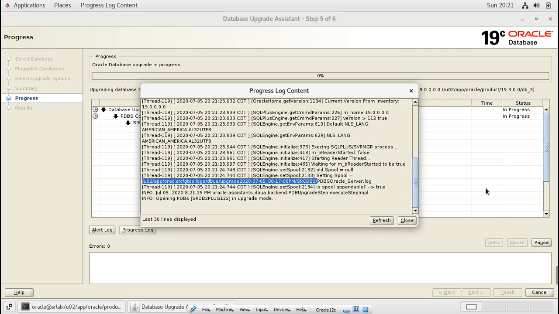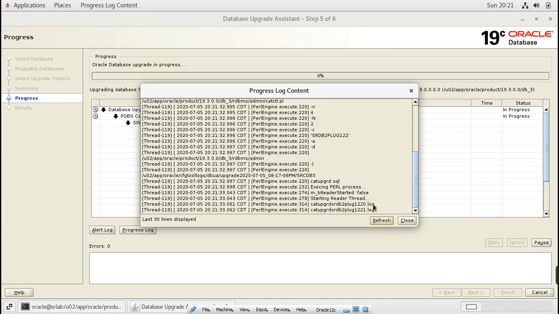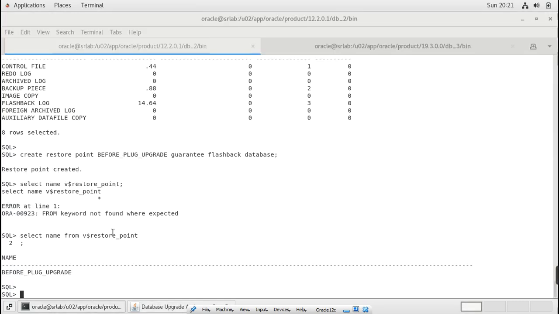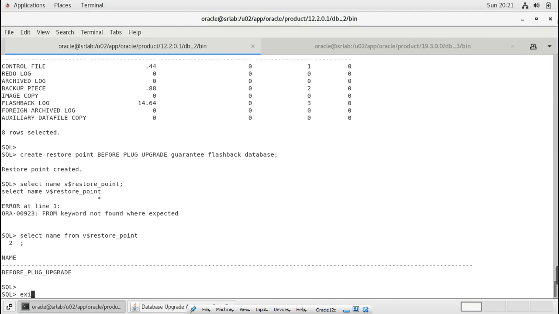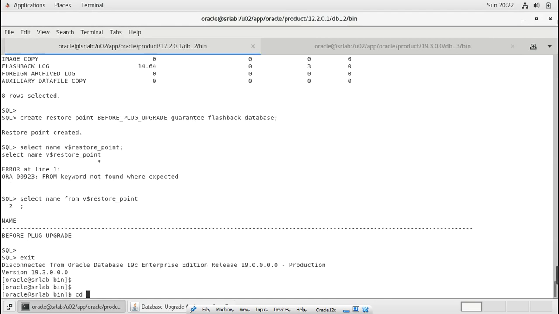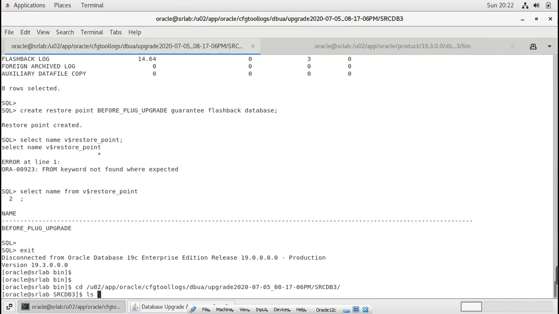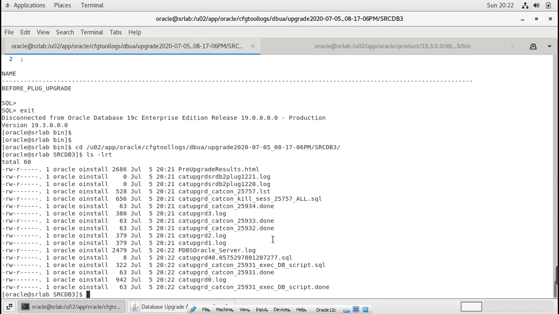We'll go and check. This is the log we need to monitor.